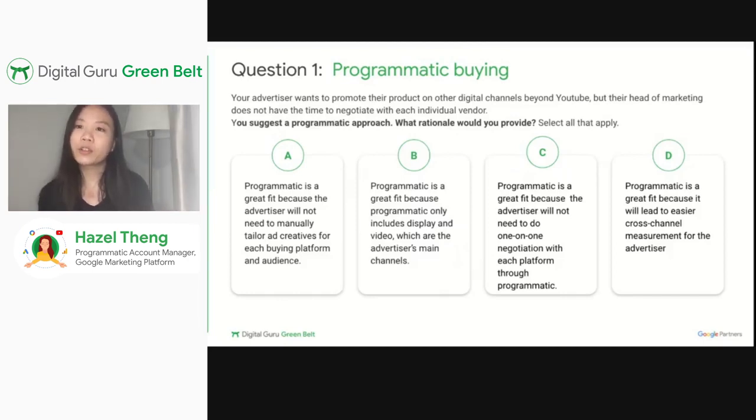C, programmatic is a great fit because the advertiser will not need to do one-on-one negotiation with each platform through programmatic. And D, programmatic is a great fit because it will lead to easier cross-channel measurement for the advertiser. So choose all those that would apply. There can be more than one answer in this case.